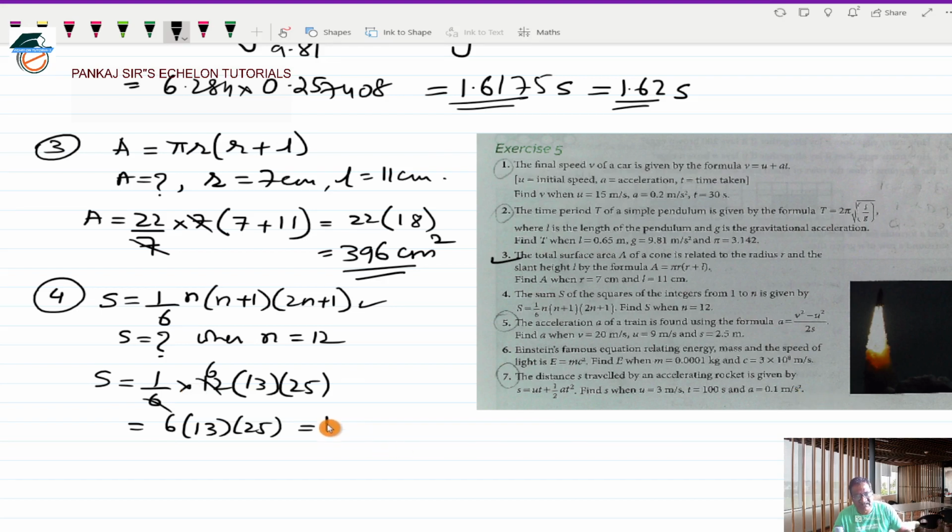So my final answer is 1950. Okay. 1950 is my final answer and there's some mistake over there. In the book behind it is given 650. Let us check again. The formula is 1 upon 6, right, times n plus 1 times 2n plus 1. Okay, and n is equal to 12 you have to take, right? Okay, so 1 upon 6 into 12 into 12 plus 1 is 13 and 2 into 12 is 24 plus